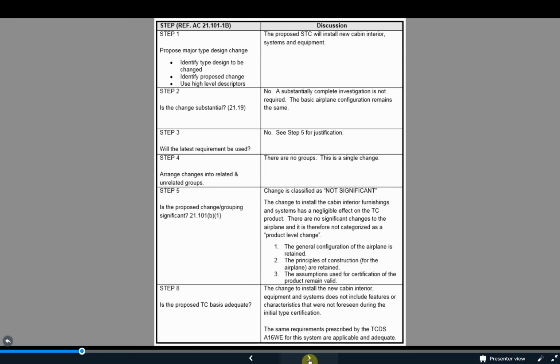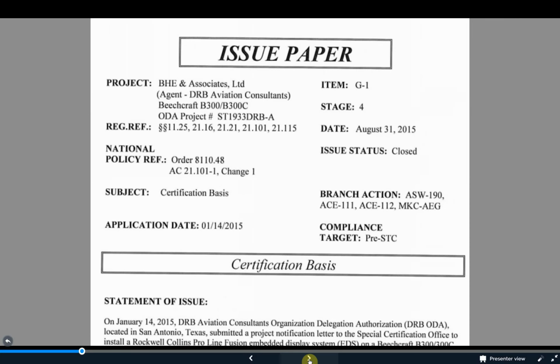As this is the starting point of a project compliance plan, failure to get the right answer can really cause significant problems. If a project is significant, we must begin the issue paper process to develop the appropriate certification basis. This is normally accomplished using a G1 or general issue paper format. The intent of a G1 is to spell out which regulations and amendment levels are appropriate for a specific modification. This is coordinated through several offices within the FAA, such as the ACO, Directorate, and AEG, to reach agreement that